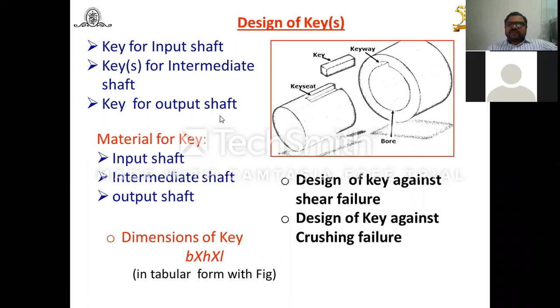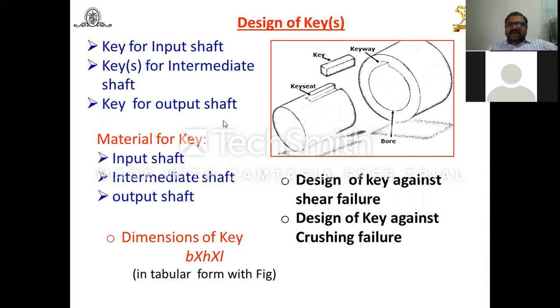Again here, suppose on the input shaft only 1 gear, then 1 key is required. On the output and intermediate shafts with 2 gears, 2 keys are required, but their location should be at 90 degrees. And why this 90 degrees? To take care of stress concentration, because on the same shaft we are going to prepare this keyway or groove, and because of that we are removing material, meaning we are weakening the shaft here. So that's why the key seat, key or keyway is provided.